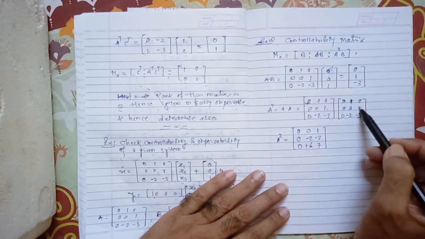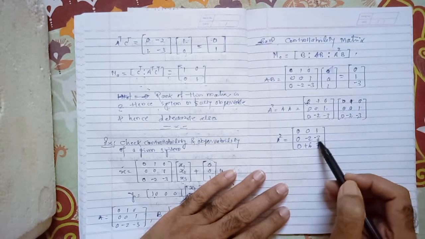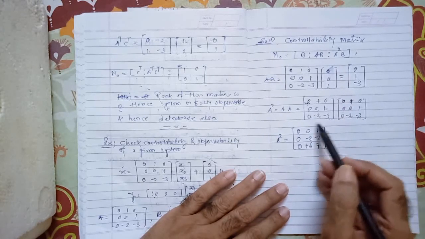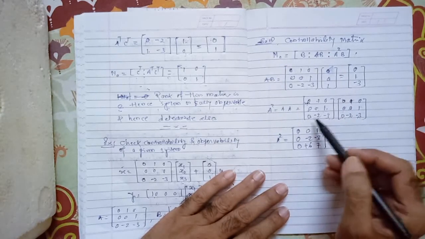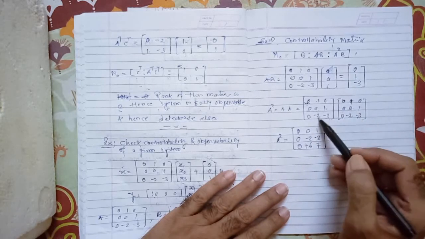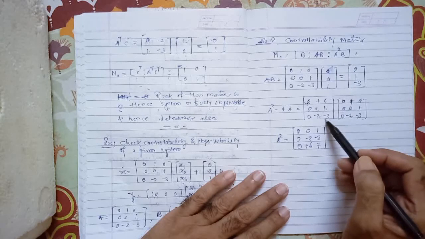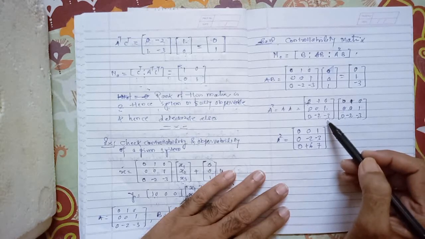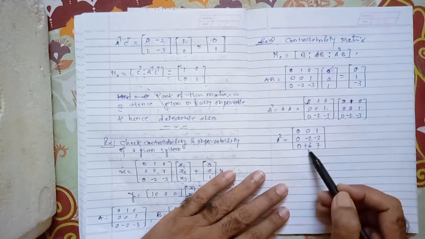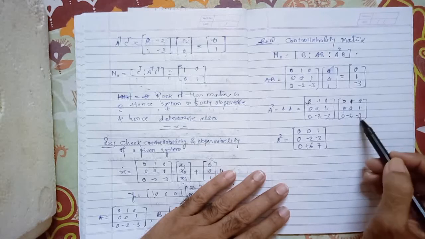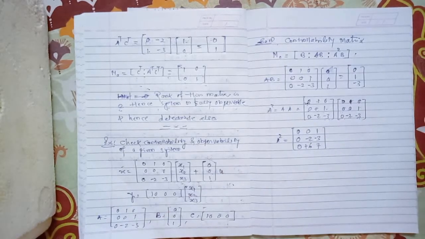These two are the 0, so these two are 0, and 1 into minus 3. So here is minus 3. 0 into 0, minus 2. This is 0. Okay. 0 into 0, 0 into 0, minus 2 into minus 3, minus 2 into minus 3, that is plus 6. Okay. 0 into 0, minus 2 and plus 9, that is 7. Okay. A square is 7.